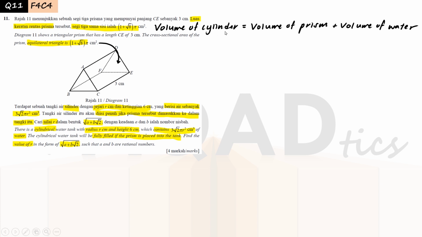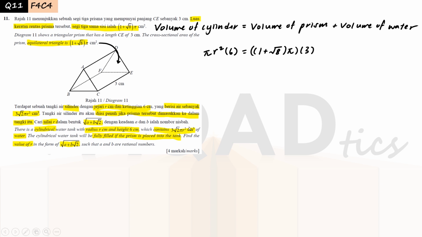So now let us find the volume of the cylinder, the prism and the water. So the cylinder's volume would be using this formula, pi r square h. So pi would be pi, the radius would be r, the height would be 6. Right? And the prism here, we can use the area given here. So this is the area of this triangle, and to find the volume, just multiply 3. This is the height. Okay, so these two values multiply together to get the volume,